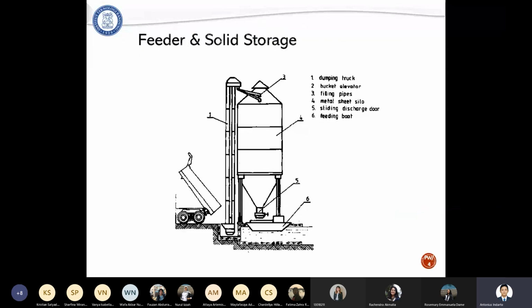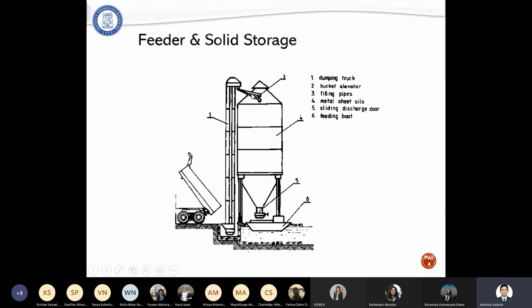In general, when we have a hopper, material comes from the truck, for example, and is discharged from the truck. Then a vertical bucket elevator brings it from the bottom side to the top part of the system. This is not number one, it should actually be number two, the bucket elevator.